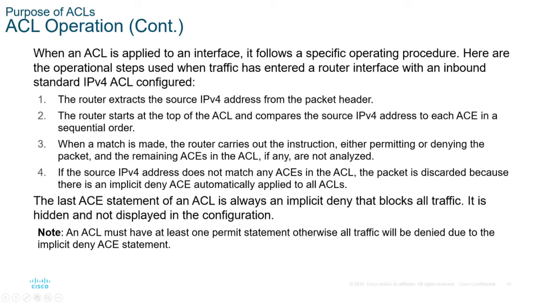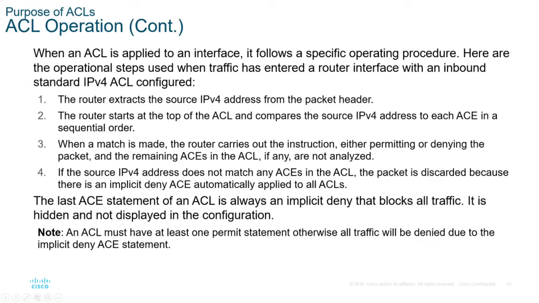So the router will always start at the very top ACL. It will compare that source IPv4 address to each specific ACE in the order that they have been entered. Once a match has been made, the router is going to carry out whatever those permit or deny directions are, and then it ignores the rest of the ACLs. So you have to be very careful with how you place your access list or your ACL rules, in what